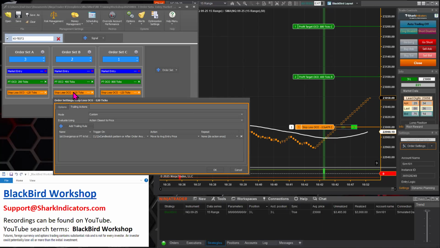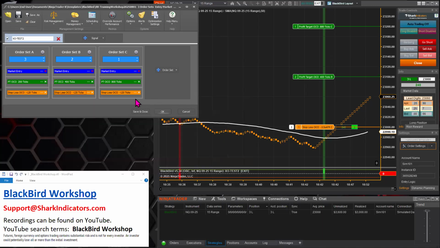Well, actually, so for the stop loss for B and C, we already had profit target A hit, and the break even was triggered. So really, the stop loss for B is not going to do anything. So it's done. It's only trailing action here that it can ever do. So B is just going to sit there